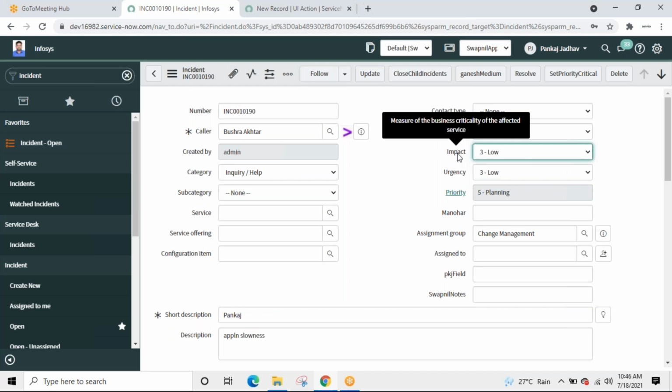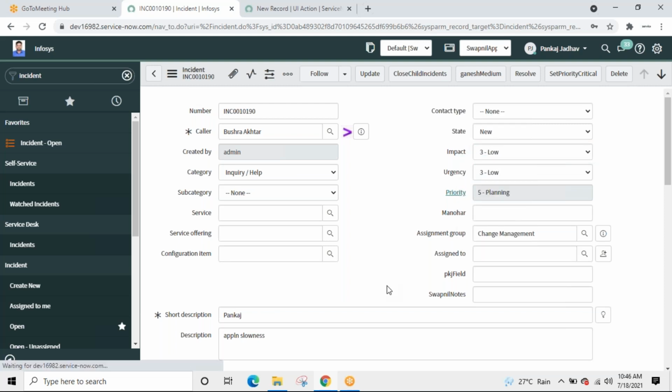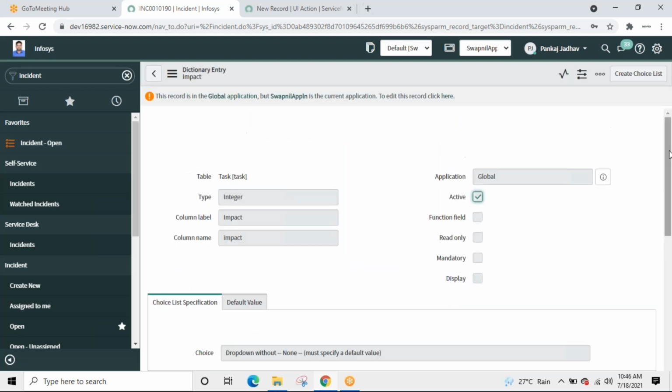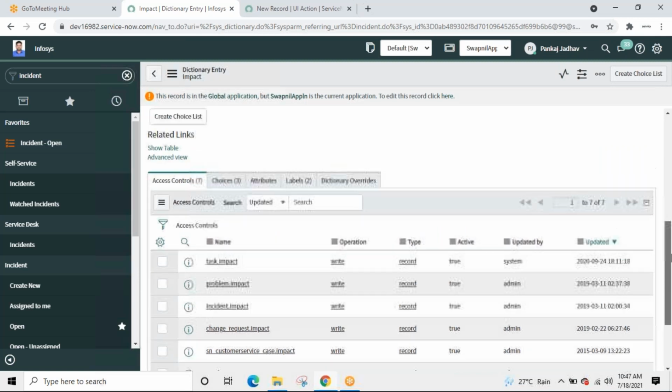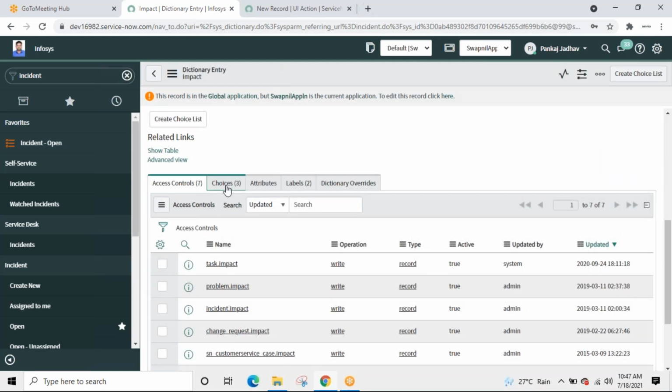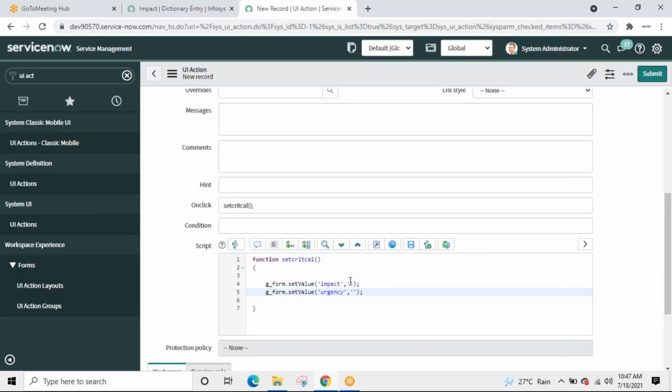So go to its dictionary to copy the values. One high. Control C. Control V. This is impact.